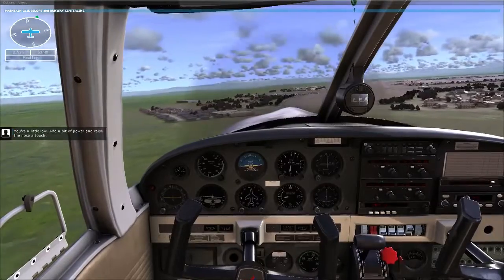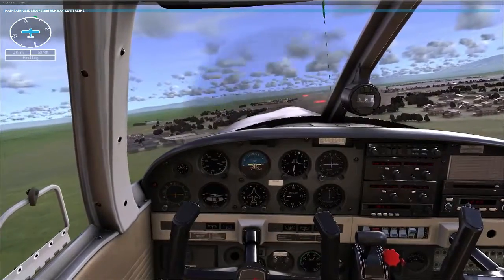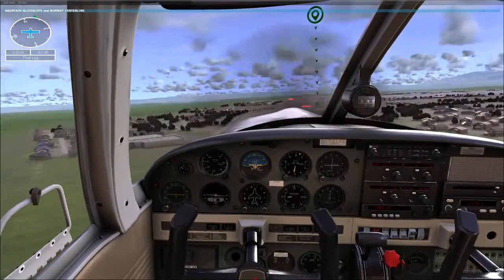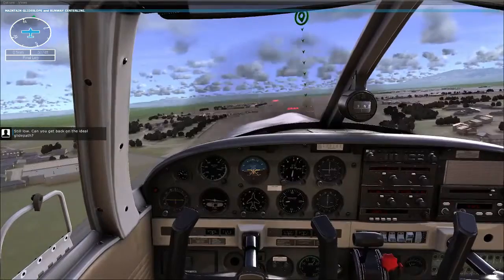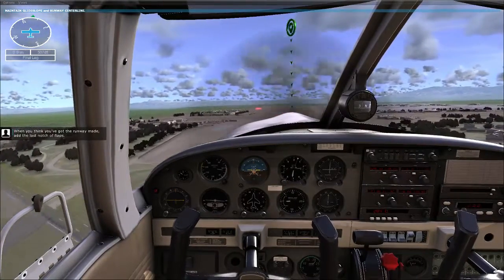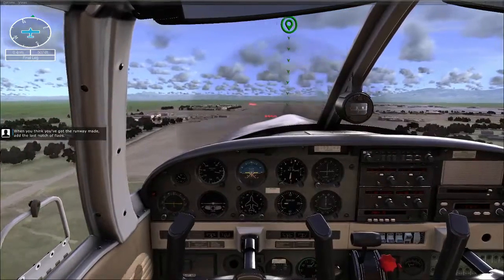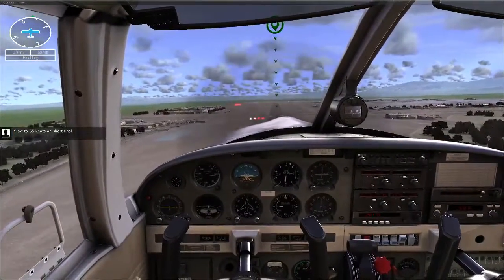You're a little low. Add a bit of power and raise the nose a touch. Still low. Can you get back on the ideal glide path? When you think you've got the runway made, add the last notch of flaps. Slow to 65 knots on short final.